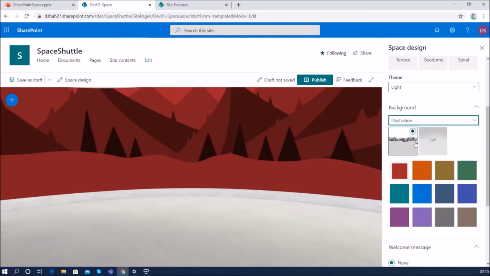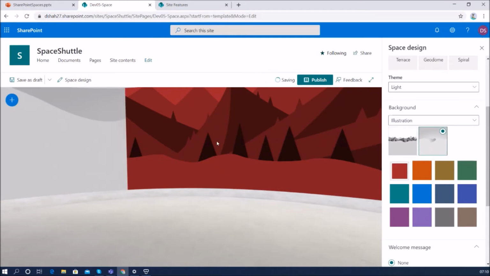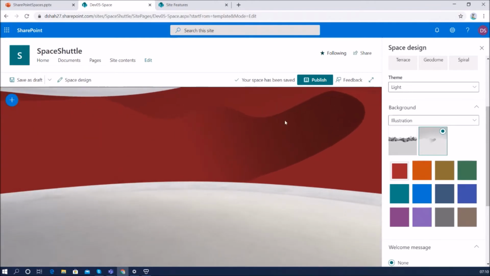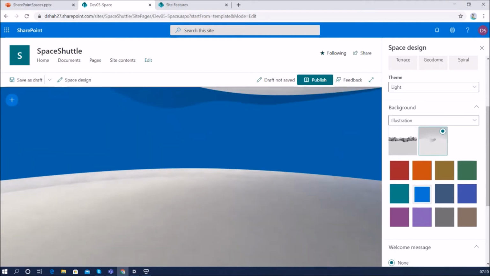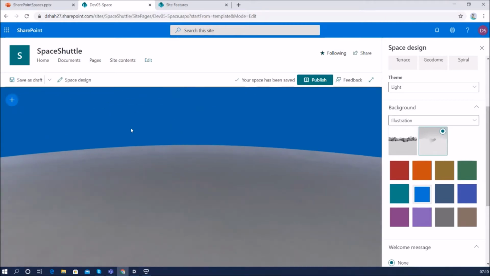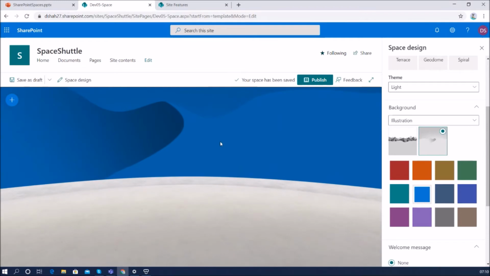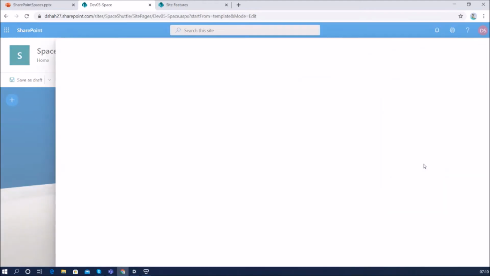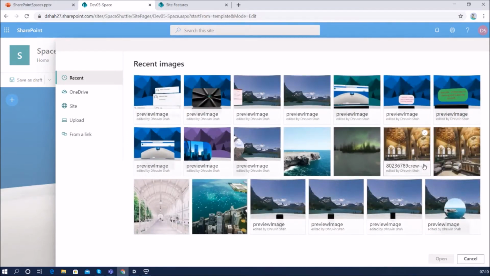Illustration. What do we mean by illustration? Illustration provides this type of backend structure for your image. This type of illustration is provided, and we can choose a different color for our illustration. Based on our requirement, we can choose any illustration over here. It is self-explanatory. The third option is color. It provides a plain background with our own custom color, and lastly 360-degree image file, which provides an option to upload our own 360-degree image over here.